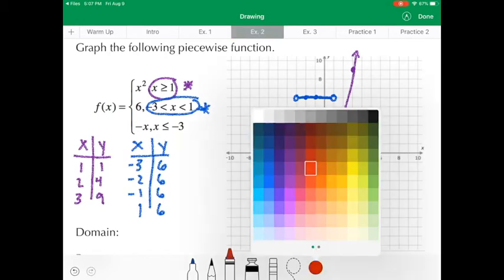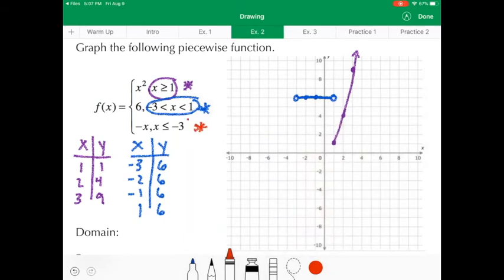All right, last piece we'll do in red. Notice its domain is less than or equal to -3. And this time the -3 is included. So when I plug that in and get a y value, that point should be plotted as a solid point. Okay, f of -3 on that rule would turn out to be 3, right? You're taking the negative of negative 3. So f of negative 3 equals 3. Go ahead and plot that